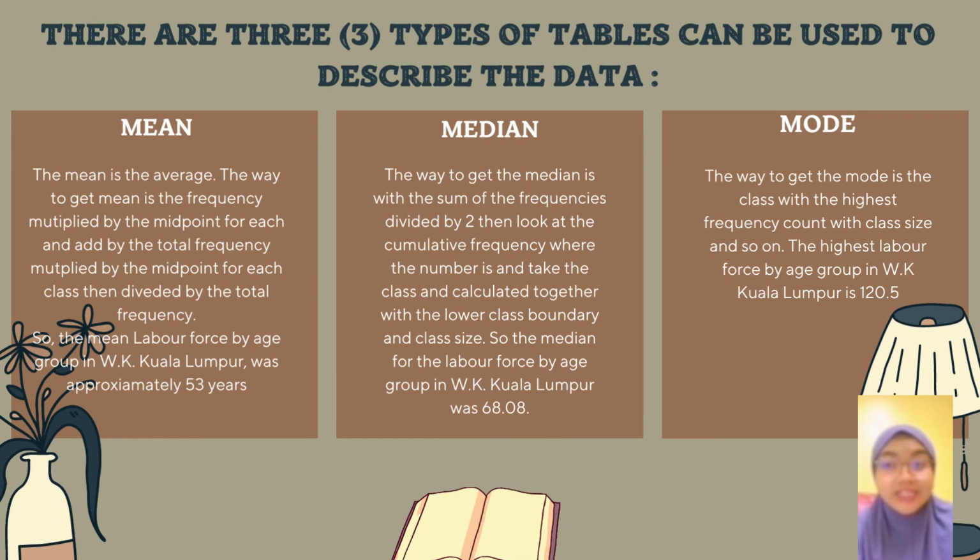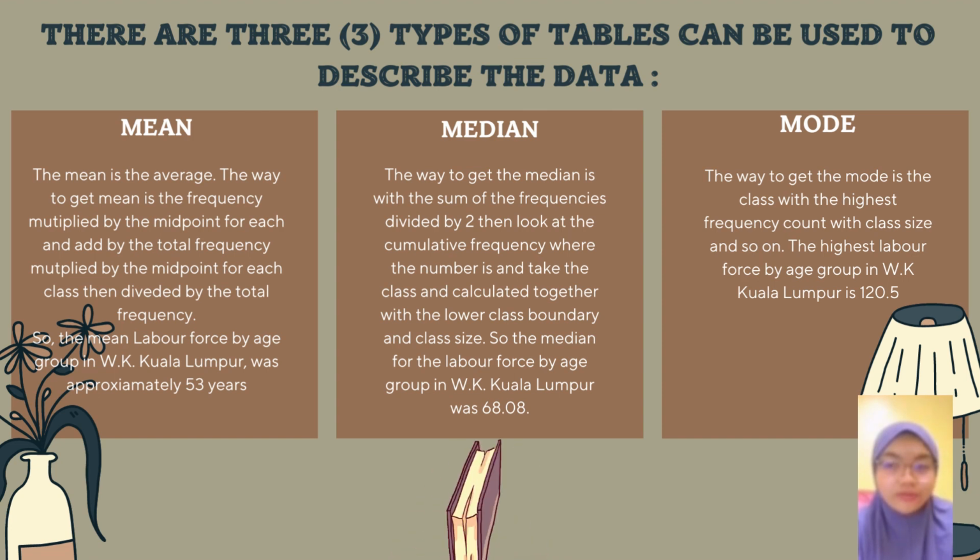Mean. The mean is the average. The way to get the mean is to multiply the frequency by the midpoint for each class, add them up, then divide by the total frequency. For example, in the table, the mean of the labor force by age group in Wilayah Persekutuan Kuala Lumpur was